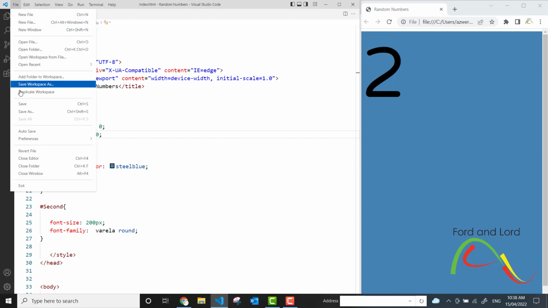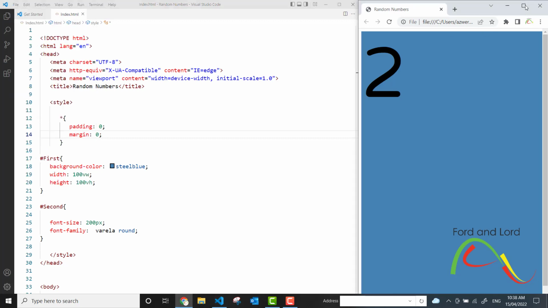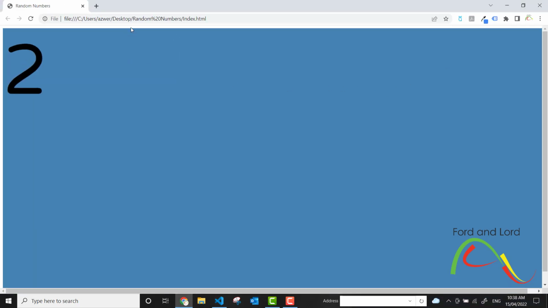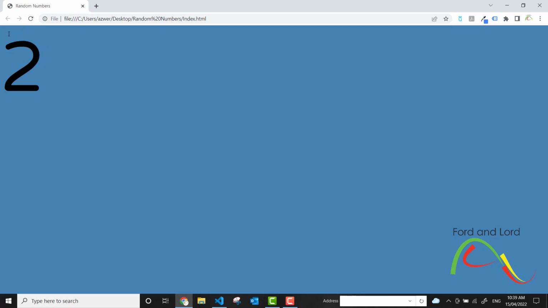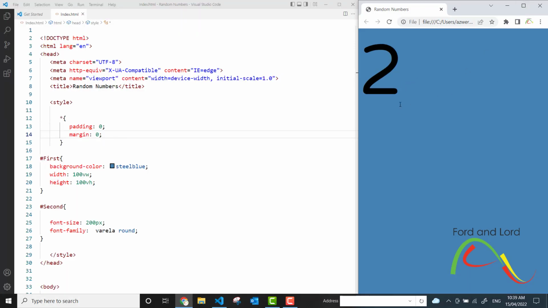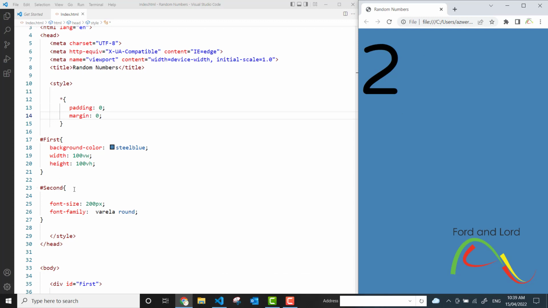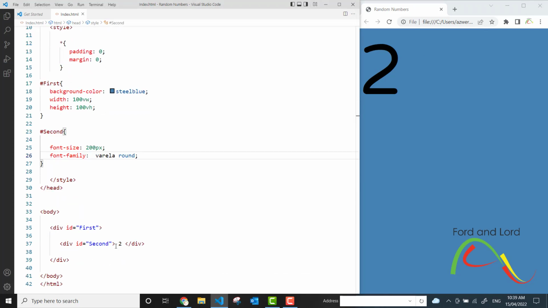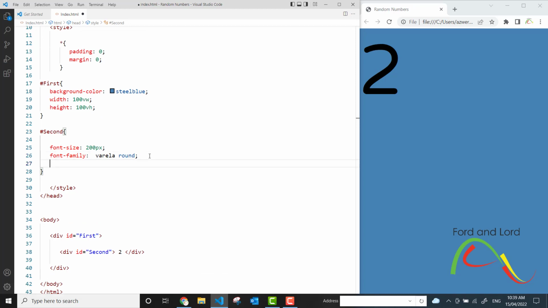So if I have saved the document, I will maximize the browser and keep an eye on this area. These should disappear as I refresh the page. If I refresh it now, there's no padding and there are no scroll bars. So I will change the size of my browser one more time. Next thing, I want to create a box around this number 2. So I will target this div, this one, with the help of ID, and I will say